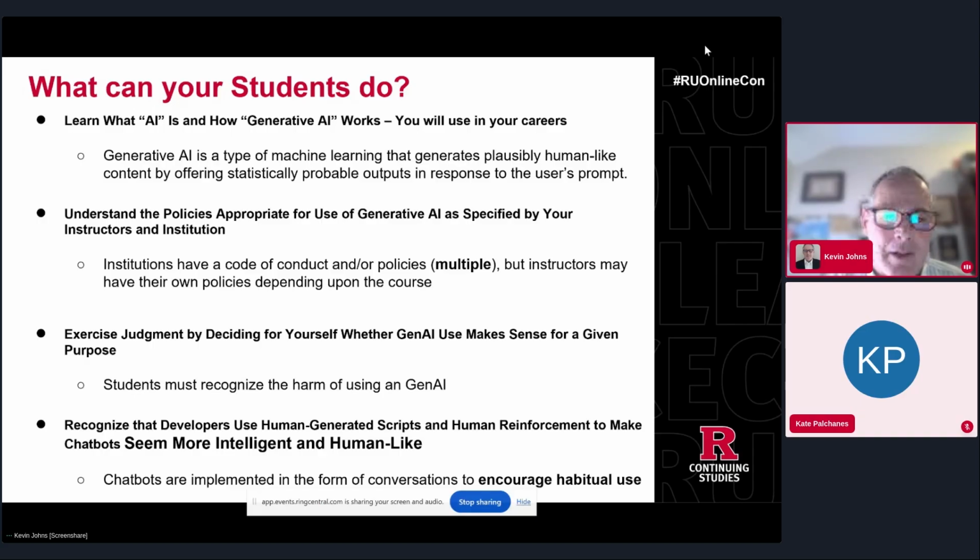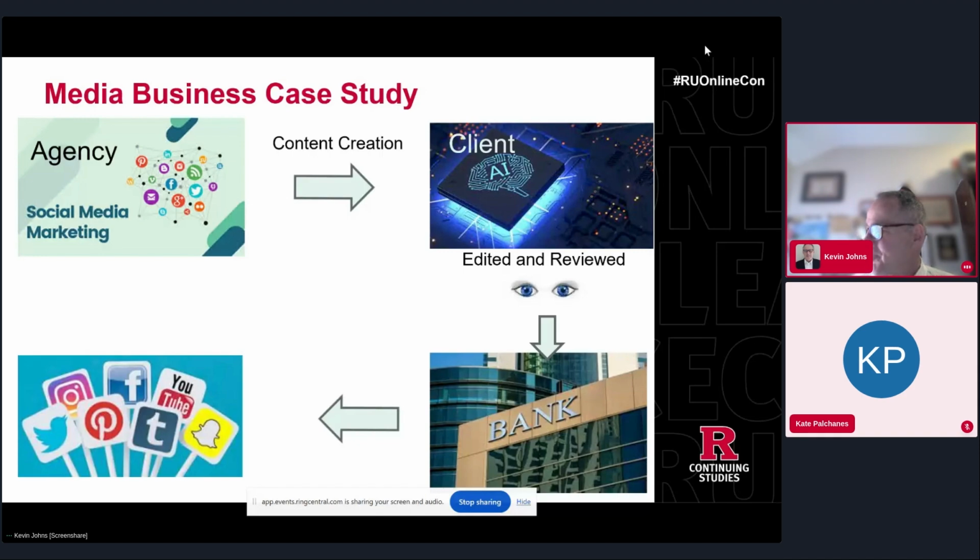And because they're in the form of conversational prompts that we do with them, they're encouraging habitual use. And that's a true statement. I mean, these things can get habit forming, and they're not denying that they don't want that to happen. That's kind of the goal here, making it more human oriented towards the reasoning and making it easier for you to have a conversation with them. So I tell that to my students as well: be aware that these things could be habit forming.